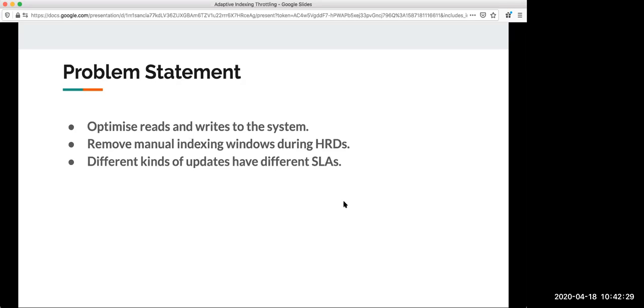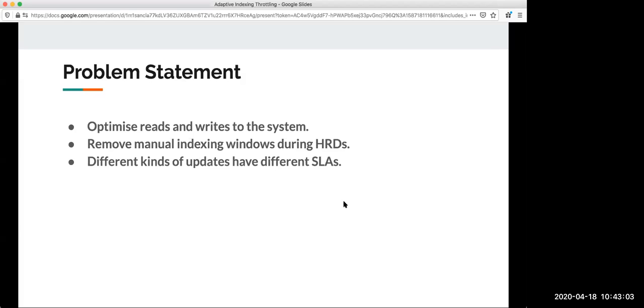That is, I understand there's still a customer impact, but it's not that big an impact. Probably I can delay these catalog updates if my read performance is degrading. So this is the third problem we are trying to solve, that different kinds of updates should have different SLAs. If I have no check in place in my indexing pipeline, all updates will happen at the same pace. So I'm trying to optimize for reads by utilizing the greater SLA in some kinds of updates.